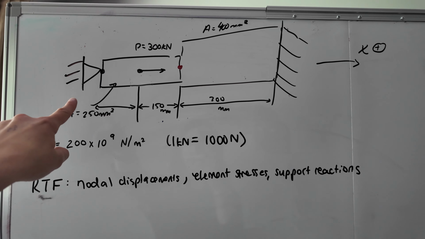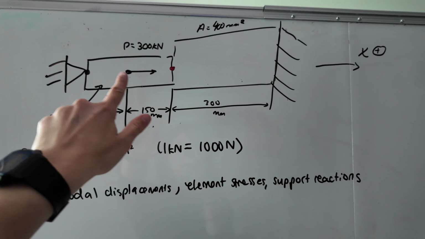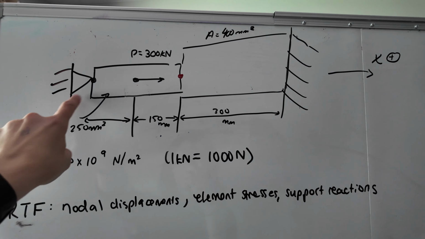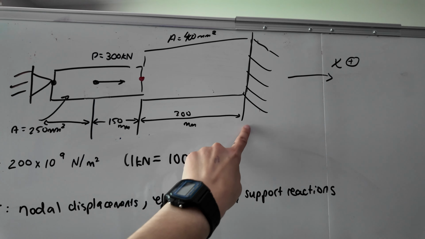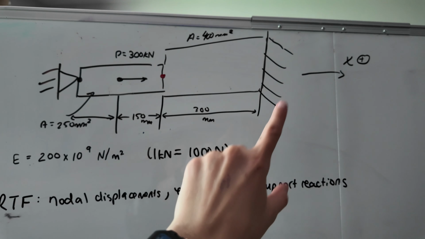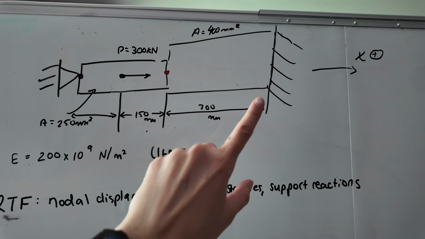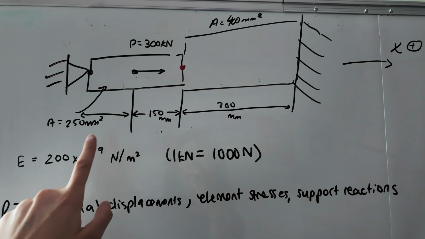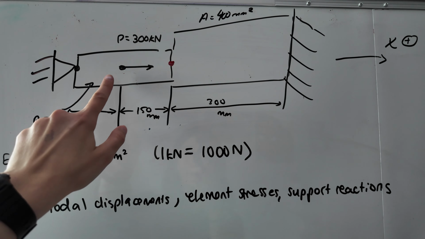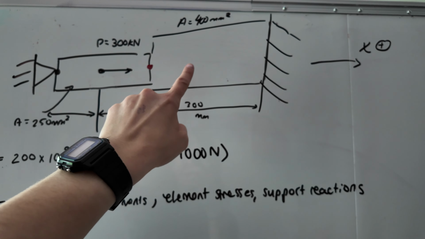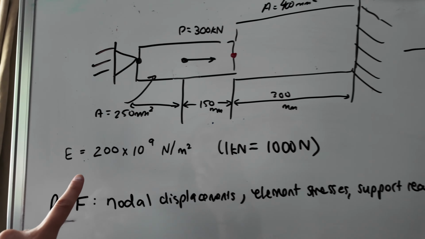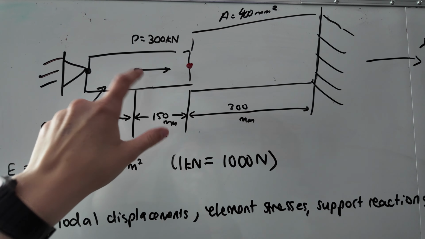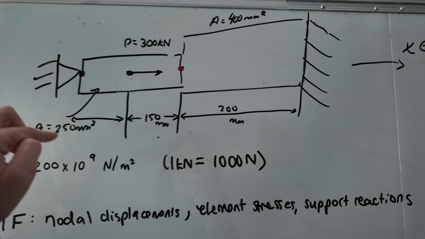So in our drawing, we can see that we have two bars or two elements that are fixed on both ends. This one is fixed with a pin, and this is fixed as a wall. We're taking both ends as fixed rigidly, which will be applied in our boundary conditions. Other variables we get in the question are the cross-sectional area of element 1, the cross-sectional area of bar 2, the value of E, which is our Young's modulus. We can also see an applied force in the center of the first bar,